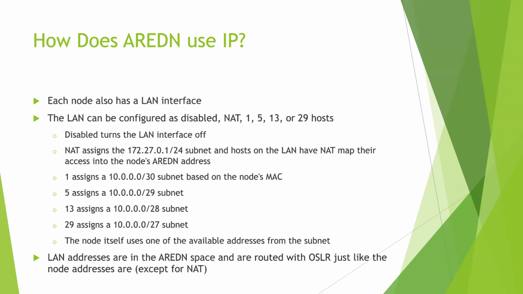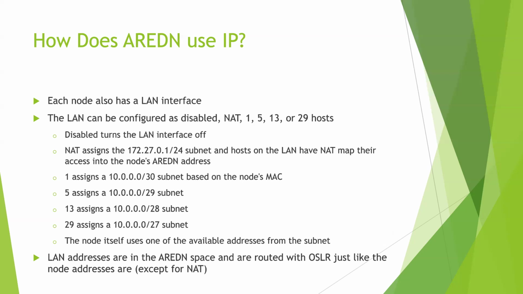Now remember, when we talked about subnetting our network down to some number of hosts, we said if I subnet it all the way down to a /30, I've got 2 hosts that I can play with on that network. Well, it doesn't do me any good to have only one host on the network. I've got to have somebody to talk to. So when AREDN's configuration talks about one host, the other host on that network is the AREDN node itself. So it'll say there's one host on that network.